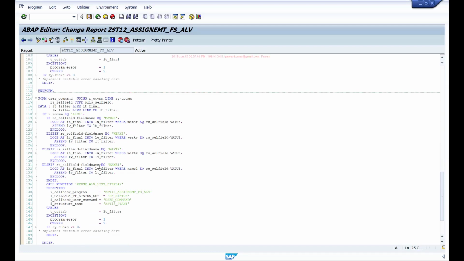So if you expand the ALV output to add additional columns, then this functionality will not be available for those additional columns unless I update this logic to include those columns also, right? So this is one drawback of manually handling.